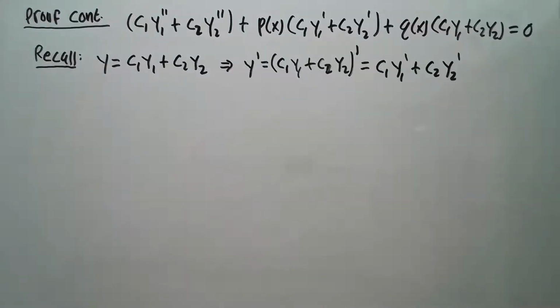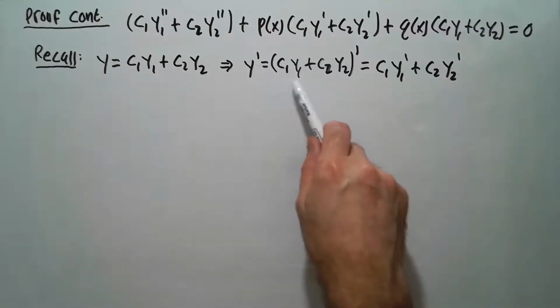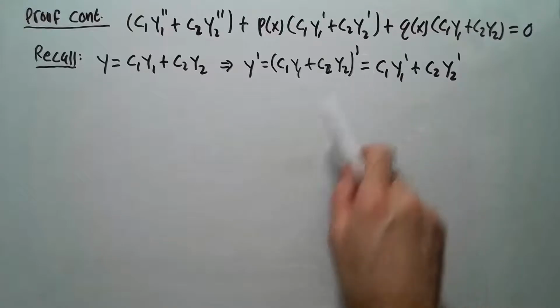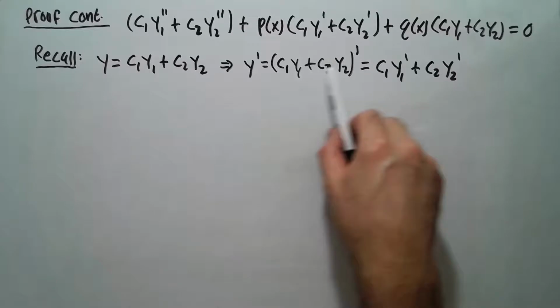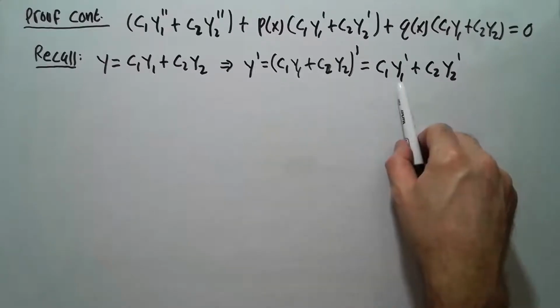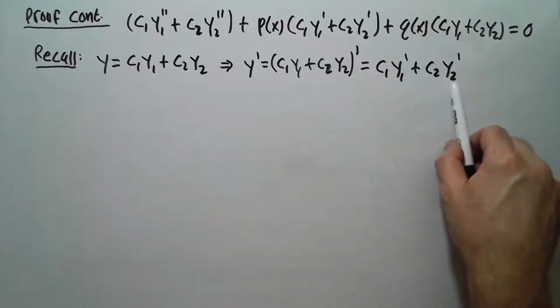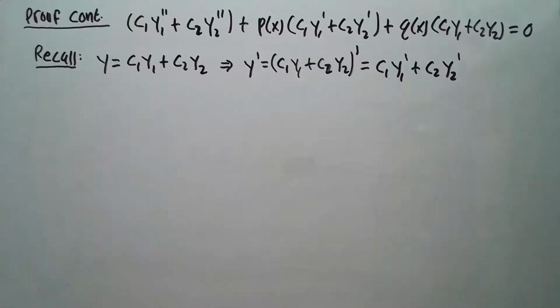The first thing to note here is that y prime will be (c1 y1 plus c2 y2) prime, and the derivative is a linear function. That means you can take the derivative of each piece separately. The c's are constants here. There's going to be c1 y1 prime plus c2 y2 prime. Okay, and let's look at now y double prime. So doing that we get then,